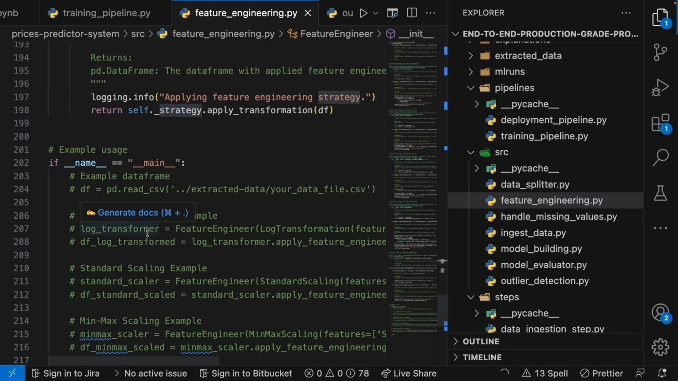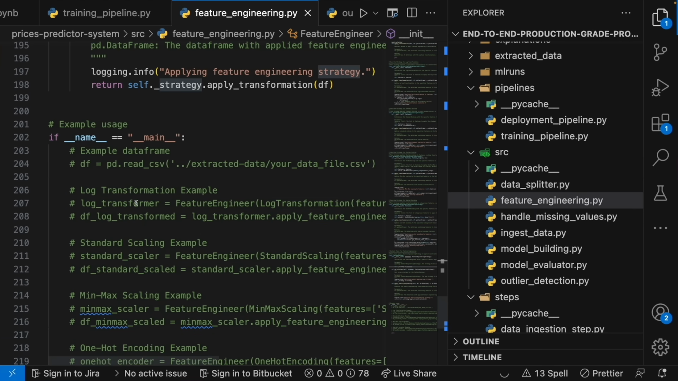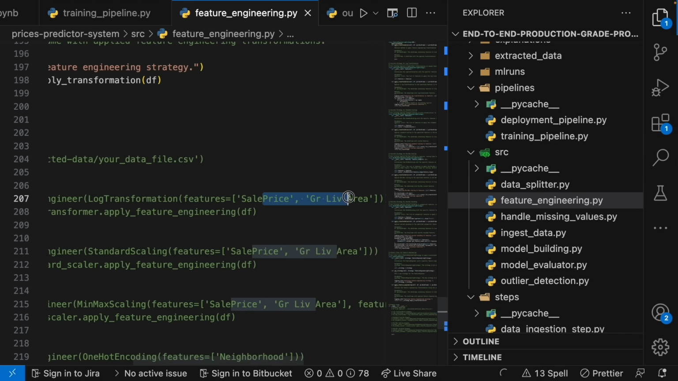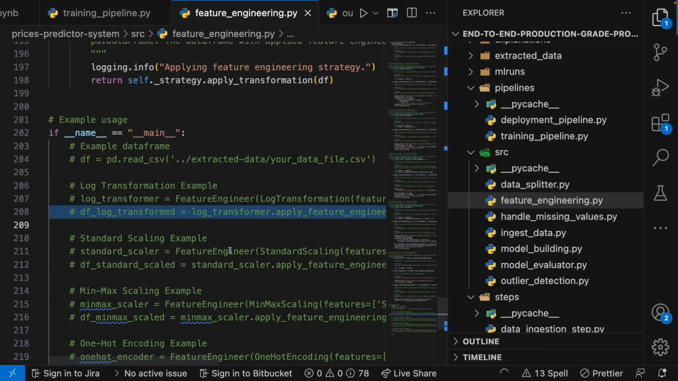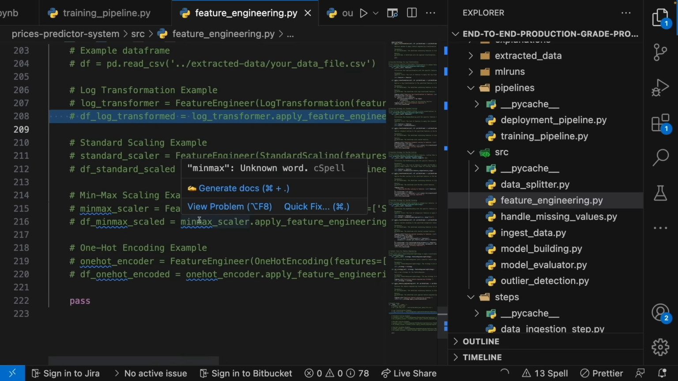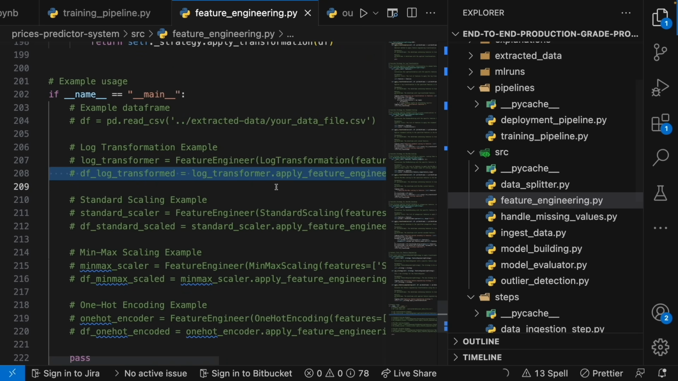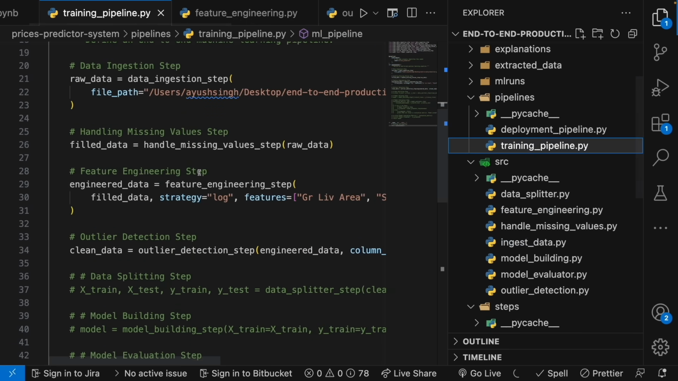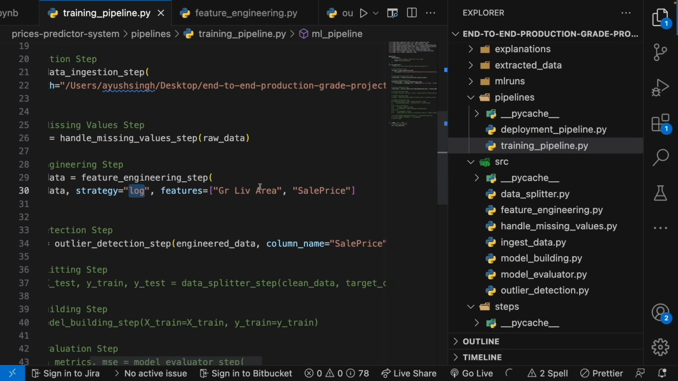So let's say that you want to implement the log transformation. Log transformation is where we say feature log transformer, feature engineer, put in log transformation, for what sort of features we want, these two features, and then you run that. You run the same for scaling, for min-max scaling, and for one hot encoding. So this is an example usage, but for our thing, we will simply go to the training pipeline and just apply log transformation to these two features, which is ground living area and sale price,